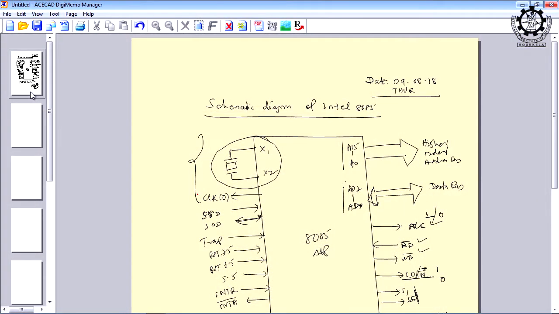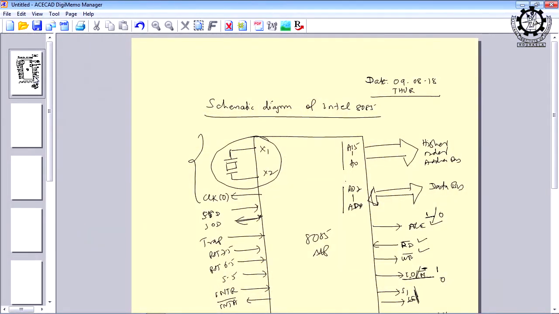Am I clear? So, clock is a very important signal which is highly needed to monitor or to coordinate the activities of the microprocessor. Then the data bus and address bus are used for parallel communication, because at a time 8-bit data can be exchanged with the memory or input output devices, and an address signal of 16 bits can be generated by the microprocessor, and we can identify a particular location, 1 out of 64 kilobytes of locations. This is possible because of the address and data signals.